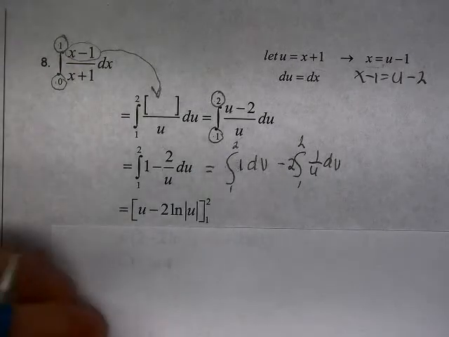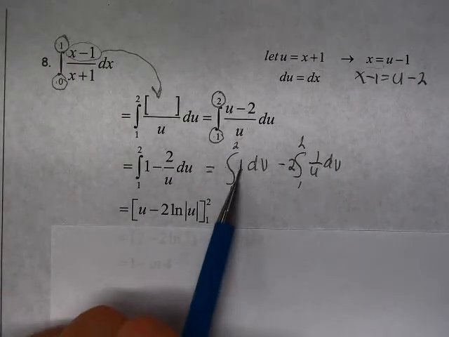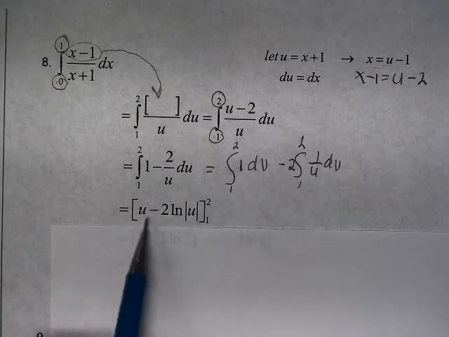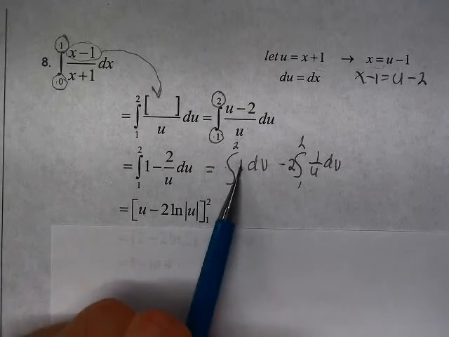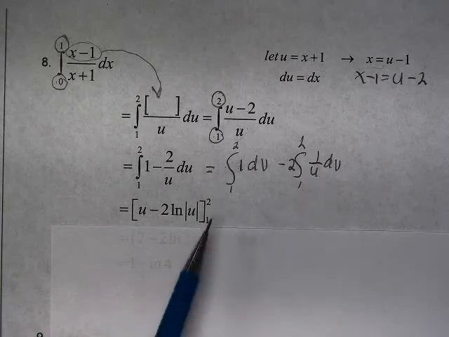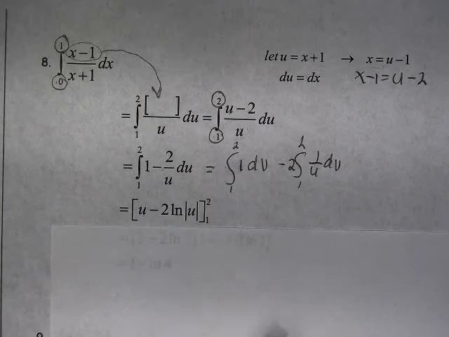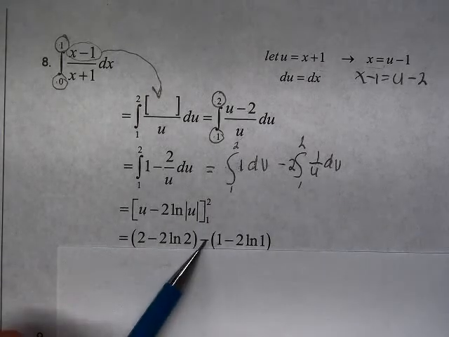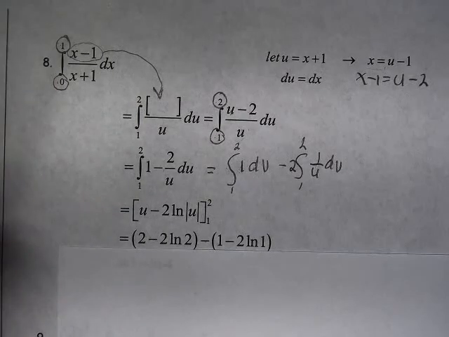So that's a nice one. All right. The antiderivative of 1 du is u. The antiderivative of this is 2 times natural log of the absolute value of u, and I'm going to evaluate these from 1 to 2. All right, so again, I plug in the 2, minus, I plug in the 1,